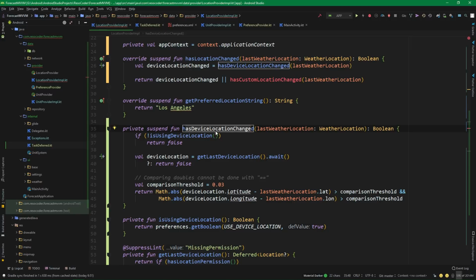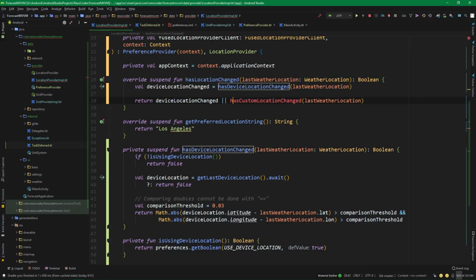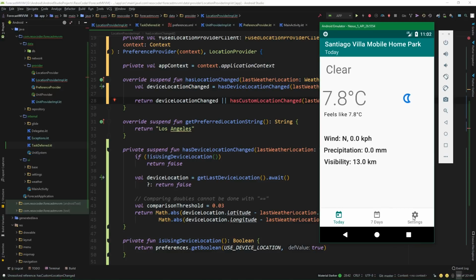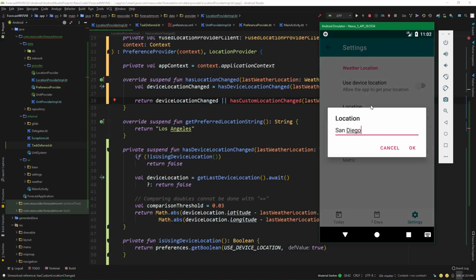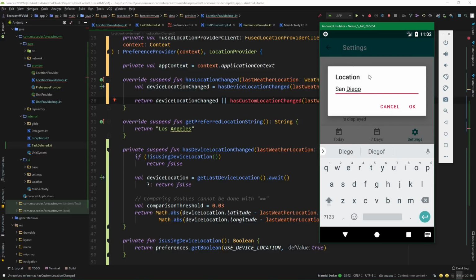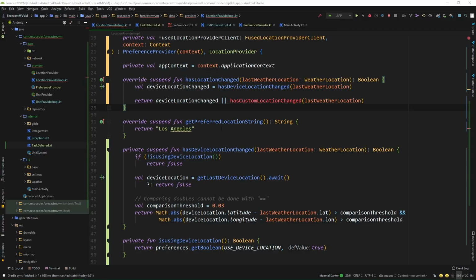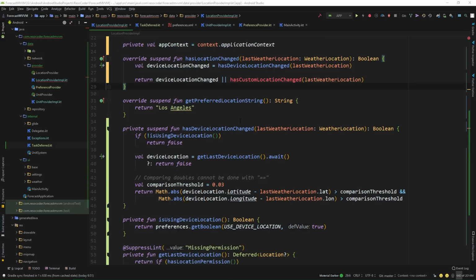But what we have not yet implemented is the check for if has custom location changed, and the custom location is simply the location which the user sets right over here inside settings under location when he is not using device location. So in this case it's for example San Diego. So we want to check for this value also if it has changed. So that is pretty simple. We can just create a new function